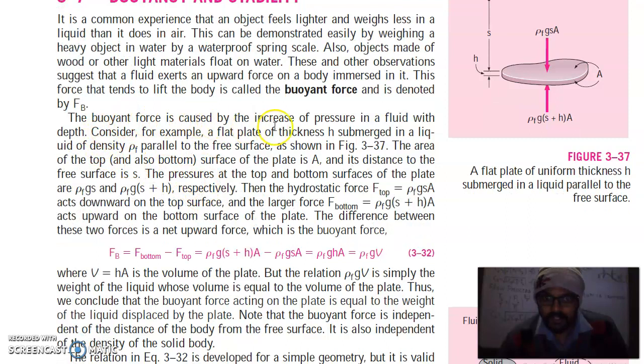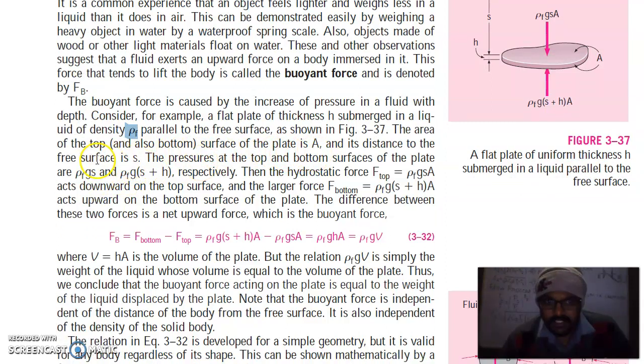The buoyancy force is caused by the increase of pressure in a fluid with depth. Consider, for example, a flat plate of thickness H submerged in a liquid of density ρf. This is the density of the fluid, and the plate is parallel to the free surface. The area on the top and bottom is the same, which is A, and it is at a distance of S